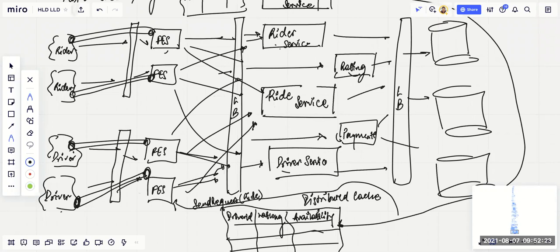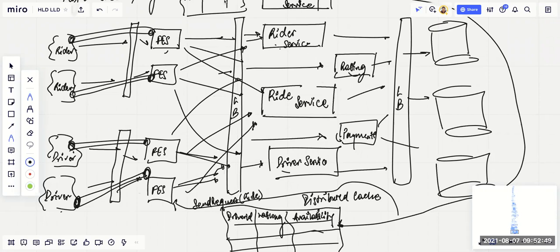You don't need to check. When you're pushing the code for the ride service, you don't need to check all the integration tests and unit tests for the other services which are part of your system, because this code is independent from that code. When you have a monolithic service, you need to make sure the complete binaries are pushed together. It becomes difficult to maintain the overall system and services. That's why we prefer microservice architecture.